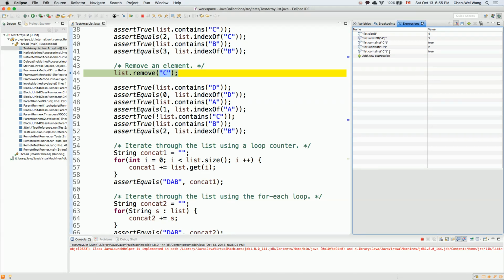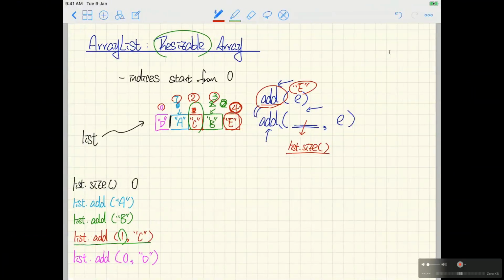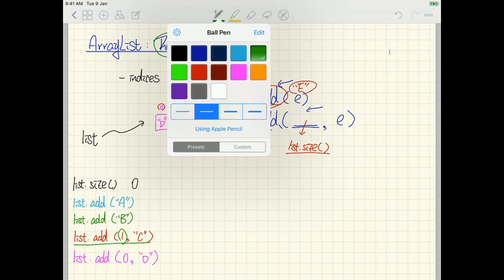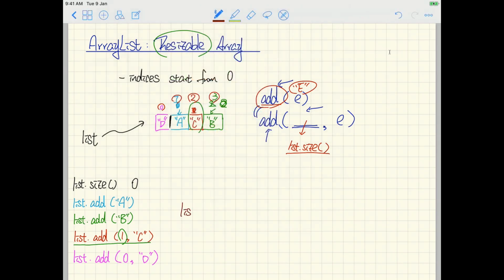So now, how does that work conceptually? If I want to remove, for example, C. Okay, let me just remove. Sorry, it's too big. What I will do is, let me just erase this part here. Okay, that was only for illustration for the previous observation I made. So what I will do is, let's think about what's going to happen if I say remove C. So if I say list dot remove